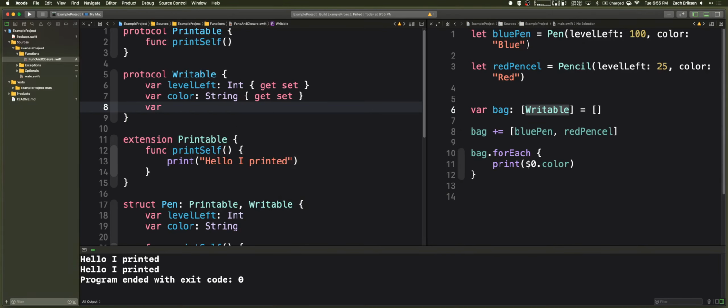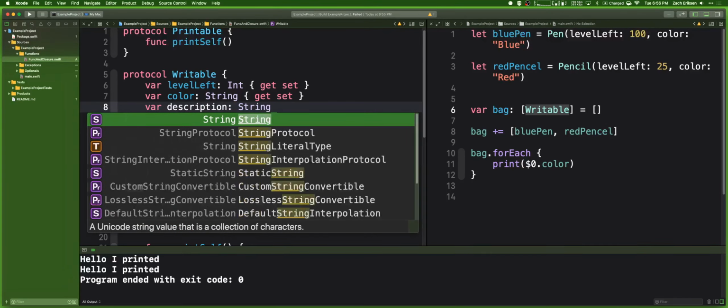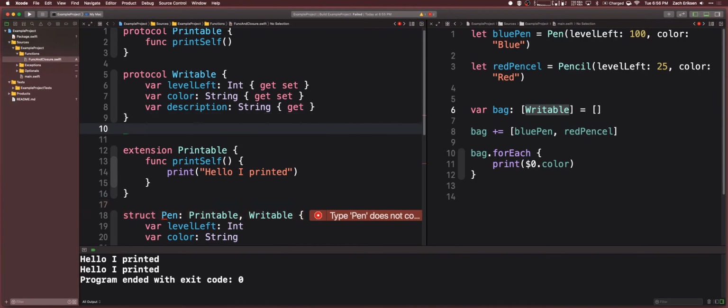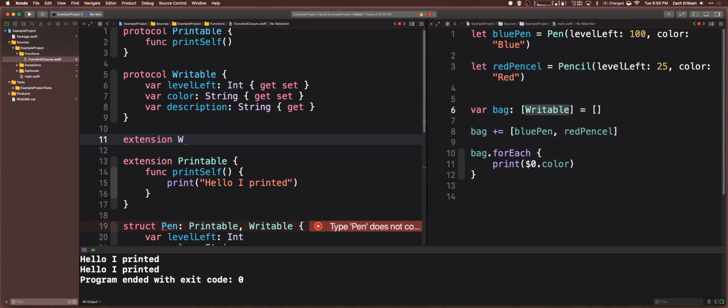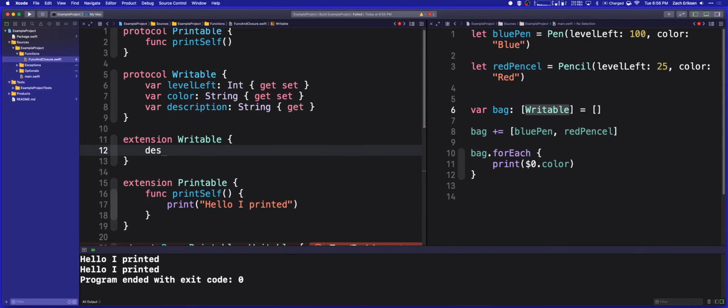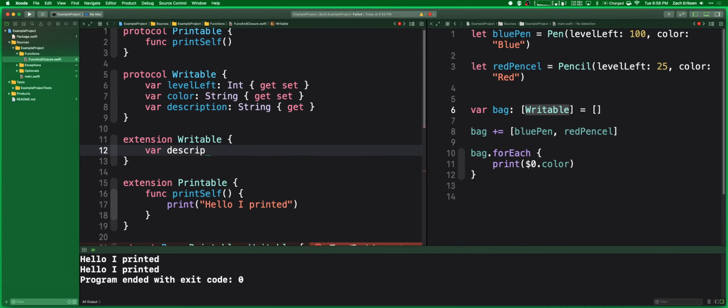If I wanted to do, let's say, I'm trying to think of an example because, just do the dumb thing, description. In Swift we have string descriptions already, so this is kind of a dumb example, you wouldn't really do this, but I'll just add a description and it'll give an error on all of them. But I'm going to do an extension on Writable, and I'll just start typing in description. It doesn't fill it out for me. So description,